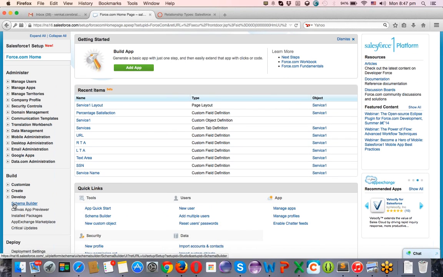As I said, you can build relationships in multiple ways. What is a relationship? You might know from SQL, MySQL, where there is a primary key and a foreign key. If there are two objects, A and B, and B is related to A with a simple field.